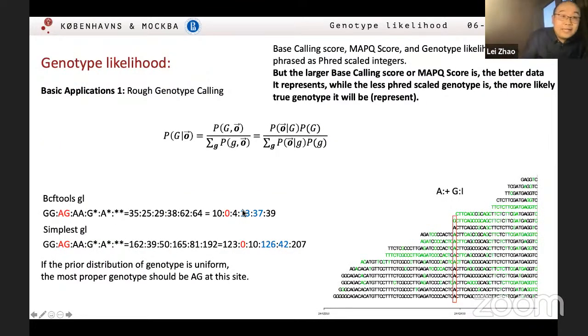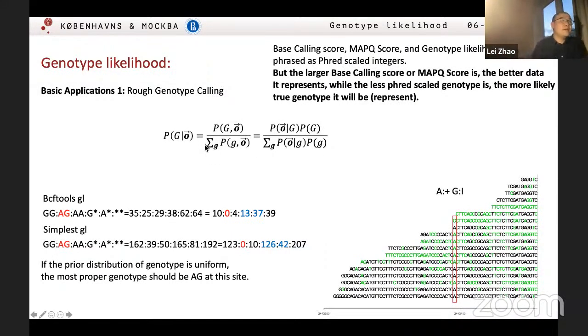So after we go through all the concepts of genotype likelihood, now we just have a quick discussion about what the genotype likelihood can tell us. There are a lot of applications based on the genotype likelihood, mainly about inference, like we infer the phylogeny of different individuals, or we infer the population size or maybe population history of one population or two populations. But I will just touch the very shallow ones.